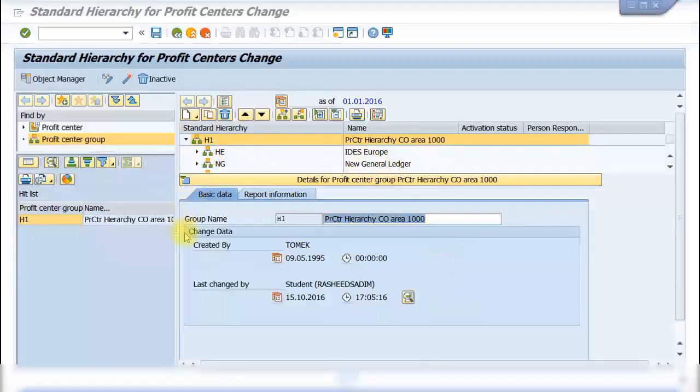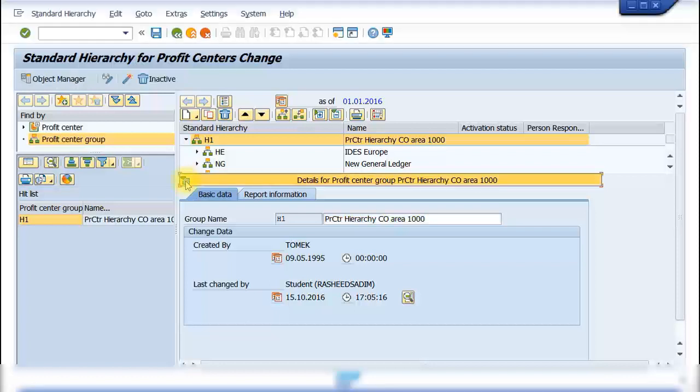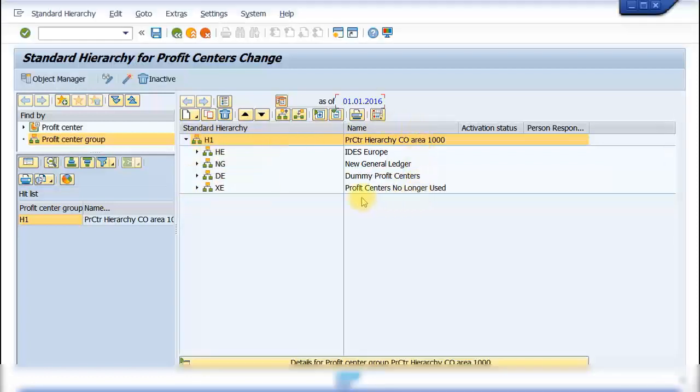and that will bring you to this screen. Let me minimize this bar to see the standard hierarchy. So you can see there's a hierarchy with a top node called H1, which is the main hierarchy node. Then different levels of profit centers are given. You can create your own nodes as well. Usually this will be done by your organization department, so you don't have to worry about creating the standard hierarchy